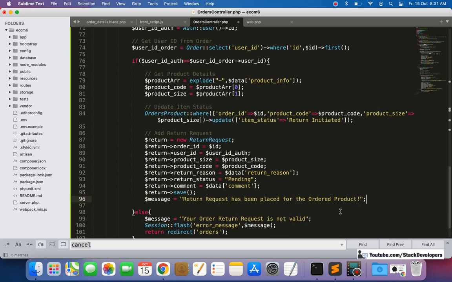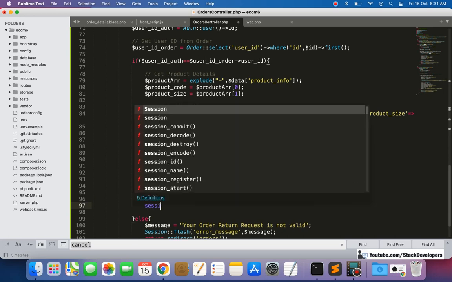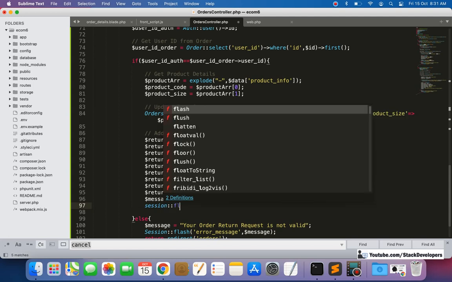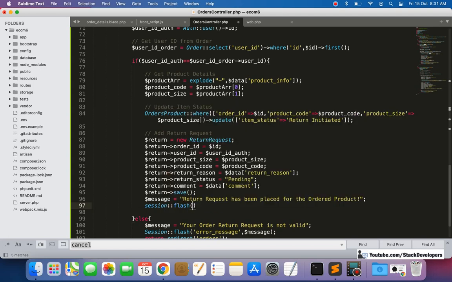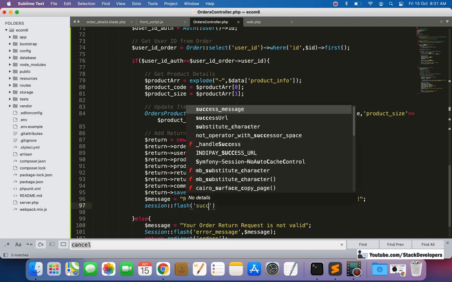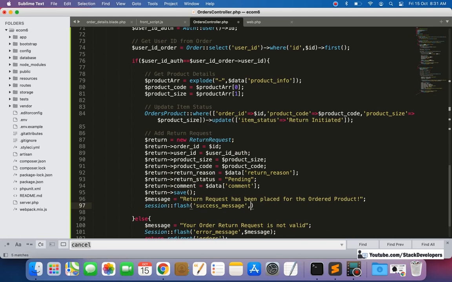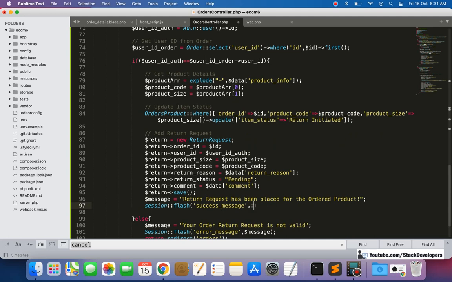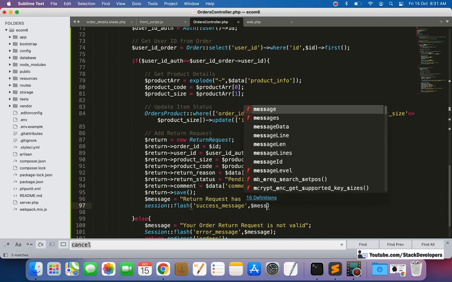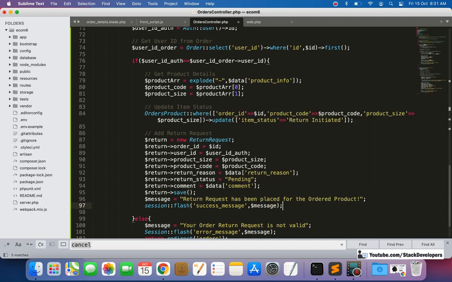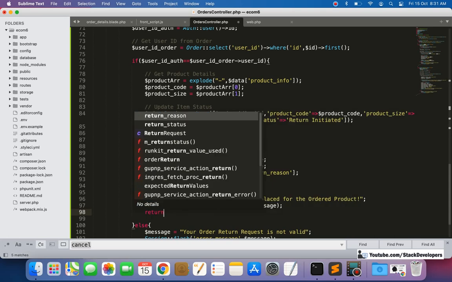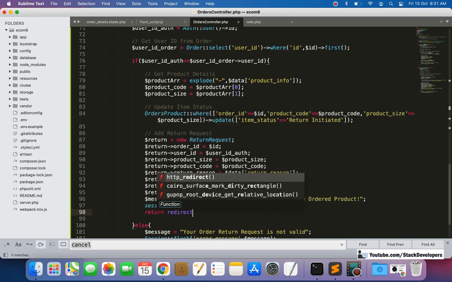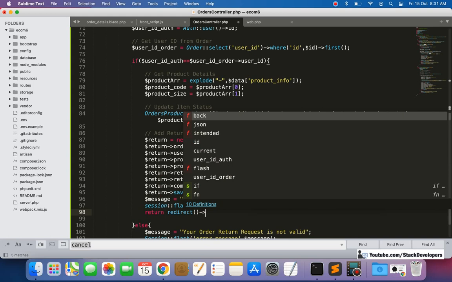After this message we are going to return back the user like we did earlier. Session flash success message. This message that we have just mentioned, $message, we are going to return this message. Return redirect back.